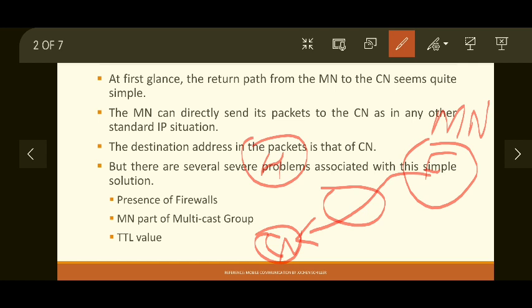Okay, why is it not going through the home agent? Because when the mobile node has to send a packet to the correspondent node, the destination address is a stationary one. So you don't need a tunnel or mobile IP in that case. That's why we can follow the simple path. At first it seems quite simple, but it is not actually.